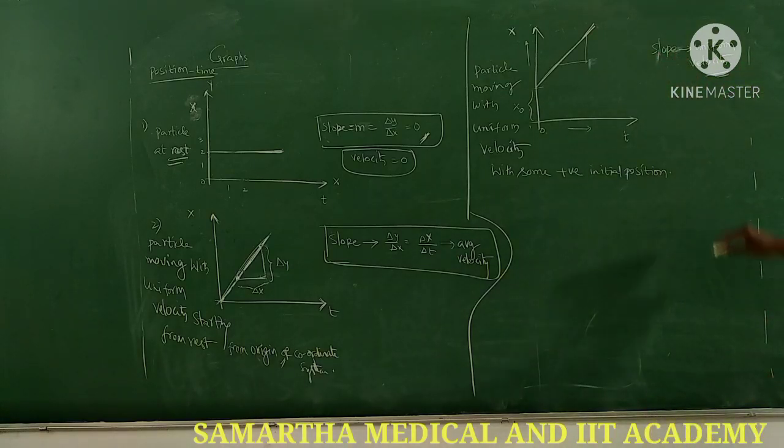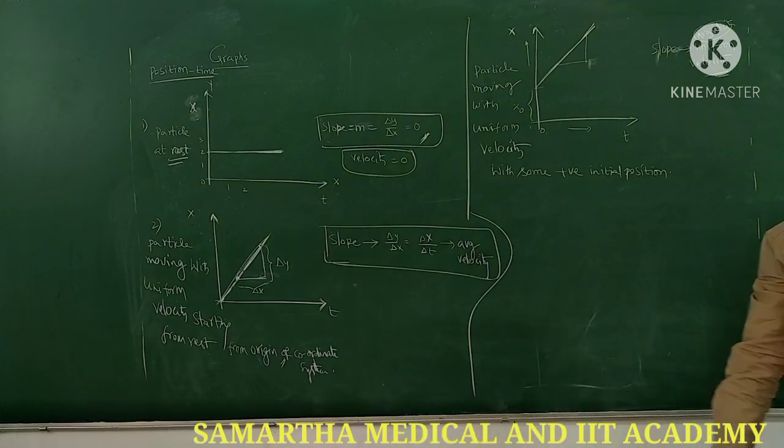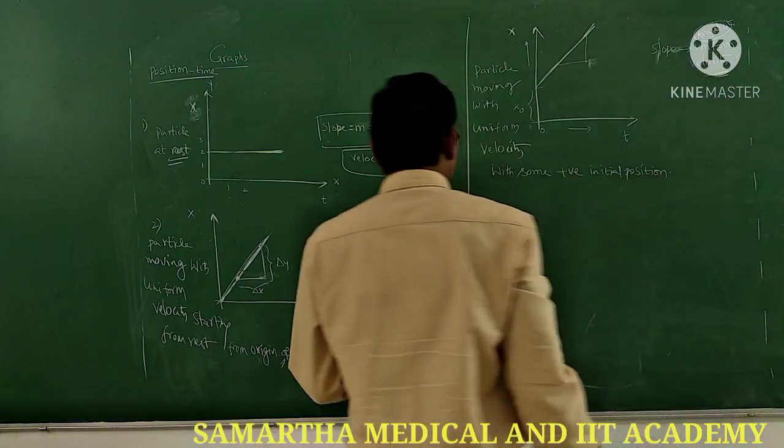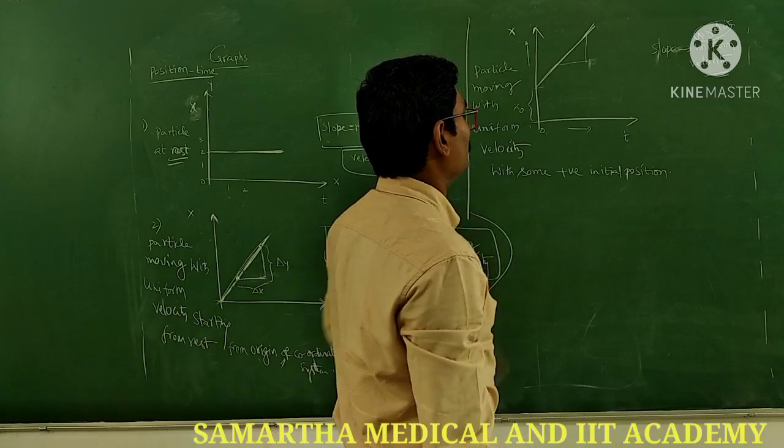Is that uniform velocity or average velocity? Both are the same here. Uniform velocity, average velocity. The particle is going with uniform velocity. That is the same. Right, next. Numerically they are equal. Next, go to another one.